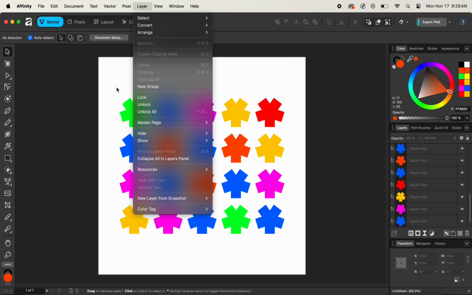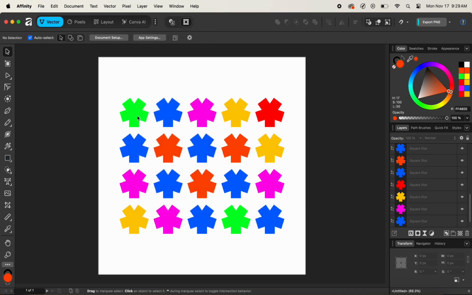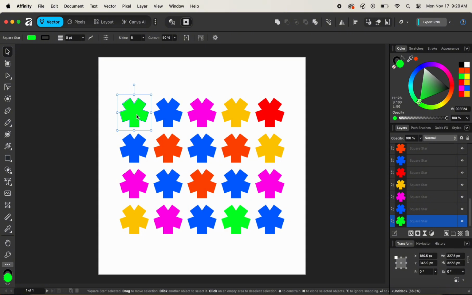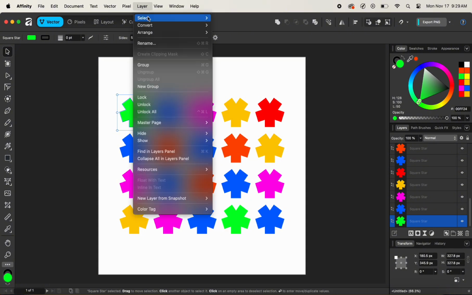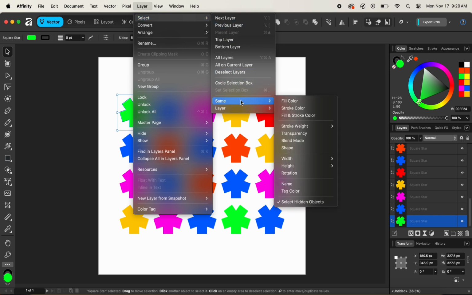That's because we need to select a particular object which has different properties, and this will allow and then activate these particular properties